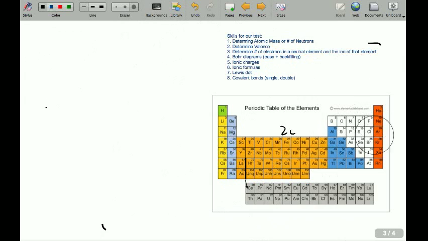Bohr diagrams. I'm going to skip this because we just did a video on this. So, see the other video. Ionic charges, I've already mentioned that. Ionic charges are